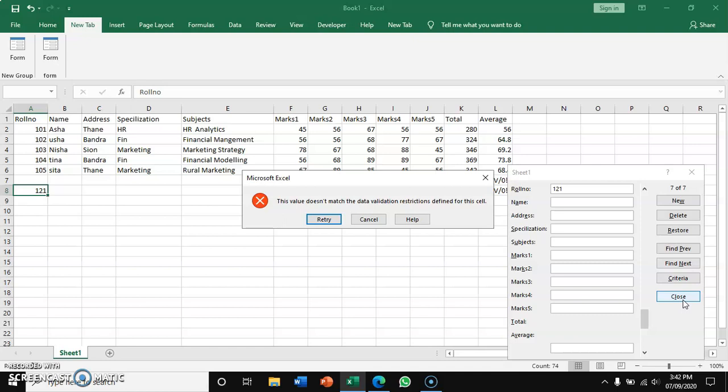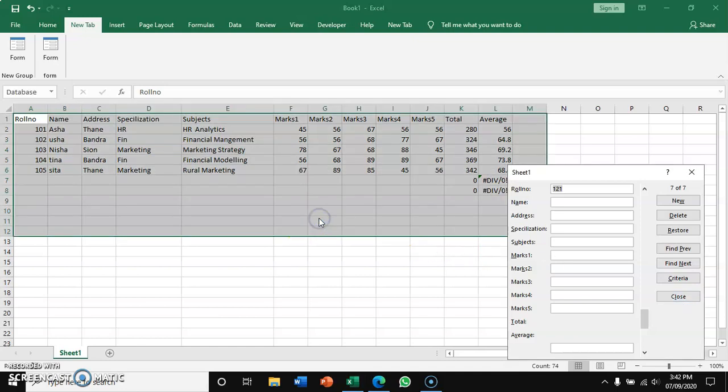Once you actually, there were two forms in my tab, so I didn't know where I had created the validation. It will show you that there are restrictions. So retry, and once you say retry, and if I type in the right number, say Tab, then it doesn't give me any kind of error.